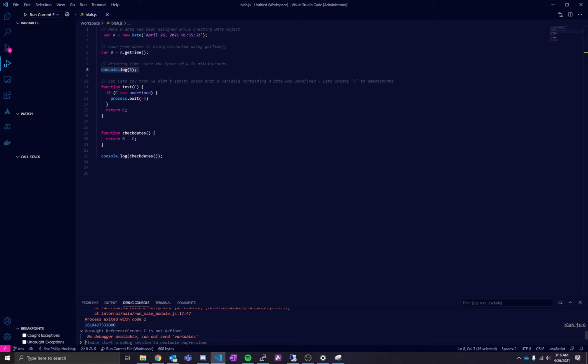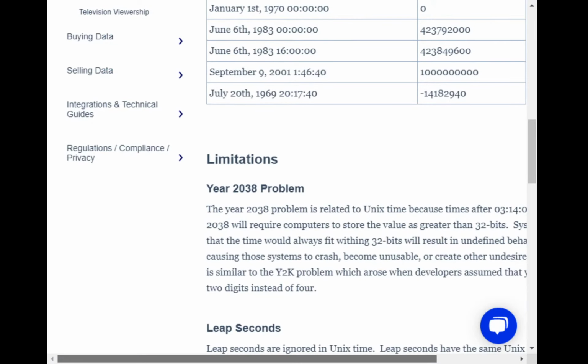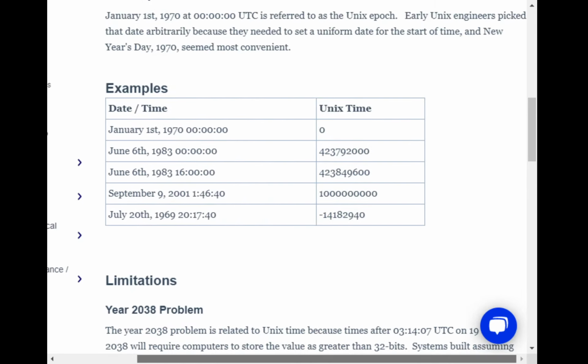C is not defined. So because C is not defined, when we call that function, it exits with this process of -1, right?